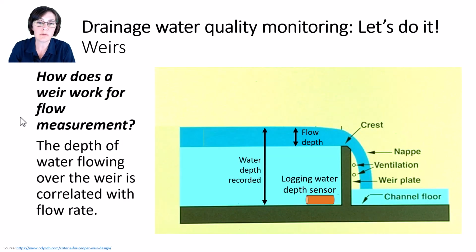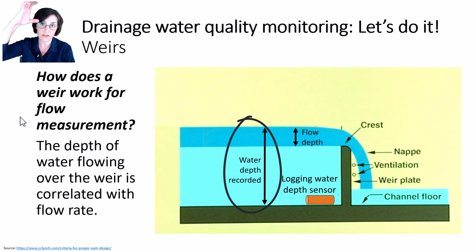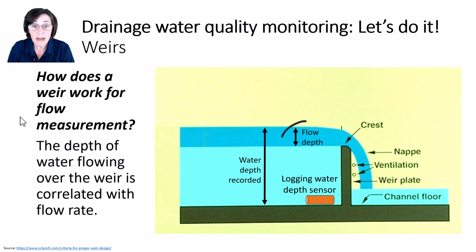An important thing to realize is that your depth sensor will be logging the entire depth of water, in addition to the pressure of the atmosphere. But the flow rate that you're trying to estimate is just the water flowing over the weir. In other words, the depth of water that goes into your weir equation is just the depth flowing over the weir. So you have to calculate the depth of just that water by subtracting the height of the weir from the total logged water depth. The point is that what matters here is the water that's actually flowing over the weir.